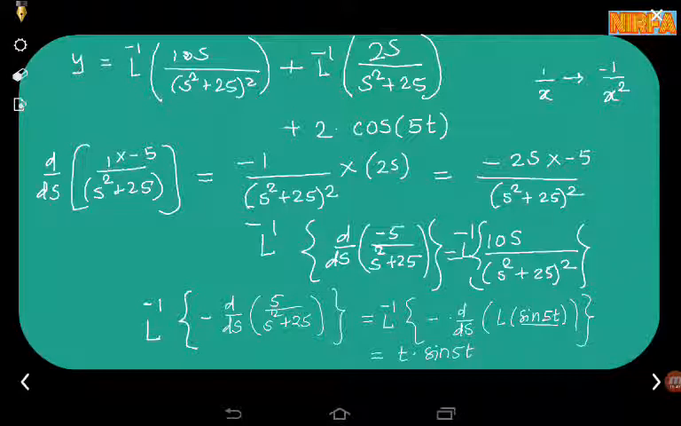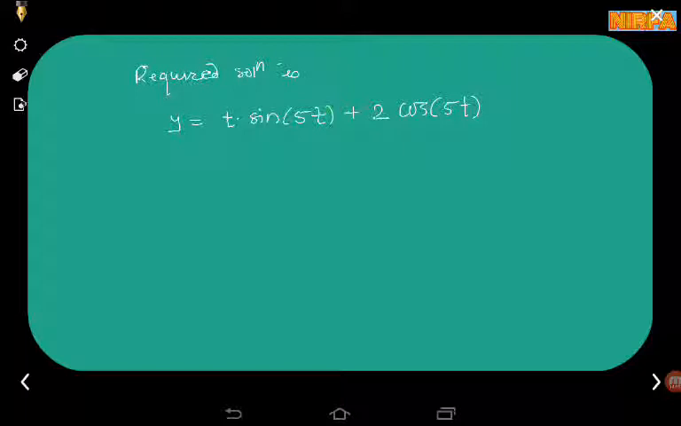तो हमारा फाइनल आंसर आएगा y इज इक्वल टू t इंटू साइन ऑफ 5t प्लस द सेकंड टर्म 2 इंटू cos of 5t. So our answer, therefore required solution is y is equal to t into sine of 5t plus 2 into cos of 5t. देखिए कितना आसानी से और कितना आराम से हमने इस डिफरेंशियल इक्वेशन को सॉल्व किया और उसके फाइनल आंसर तक उसको अंजाम दिया।